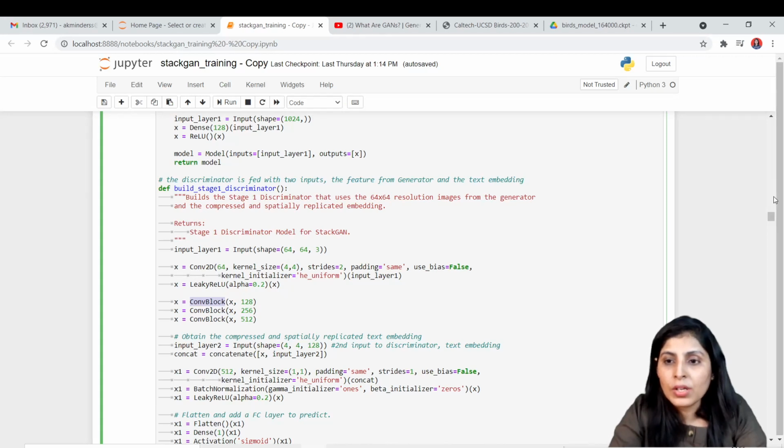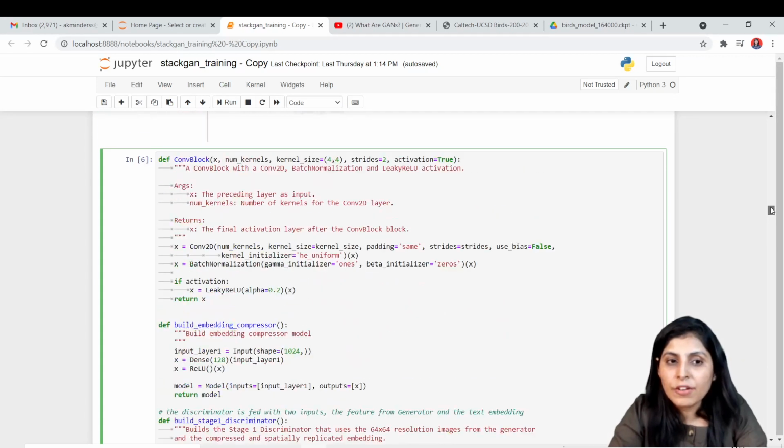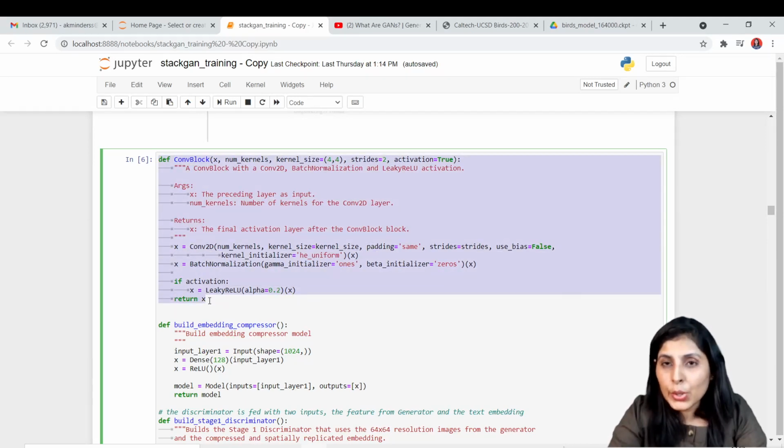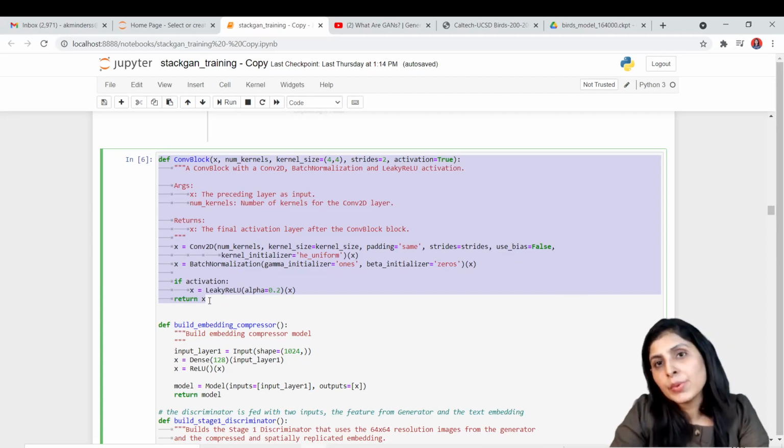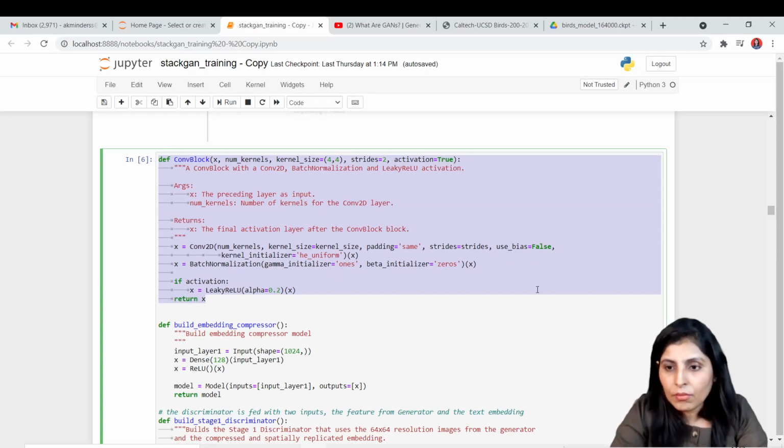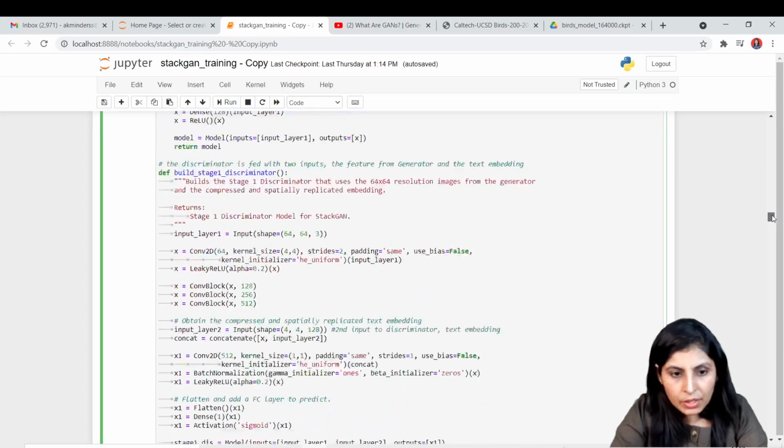What this conn block is? This conn block is the function which we have created here. And what is the task of this conn block? To downsample your image, right? Downsample means reduce the image layer by layer. So that's what we are doing.